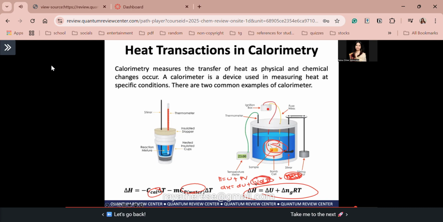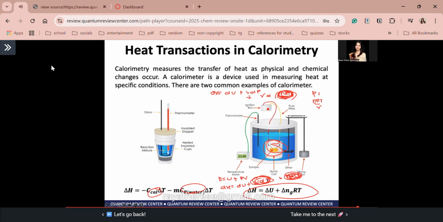So, let's derive this. VdP. Okay? Itong VdP natin, guys, magiging, okay, sulat ko dito. Again, dH is equal to dU plus VdP. Ang VdP ay magiging V d(nRT over V). Again, V d(nRT over V) because P is equal to nRT over V based on our ideal gas law. And here, notice, guys, na you have change in moles. Again, you have change in moles here. That's why, ang magiging equation ay